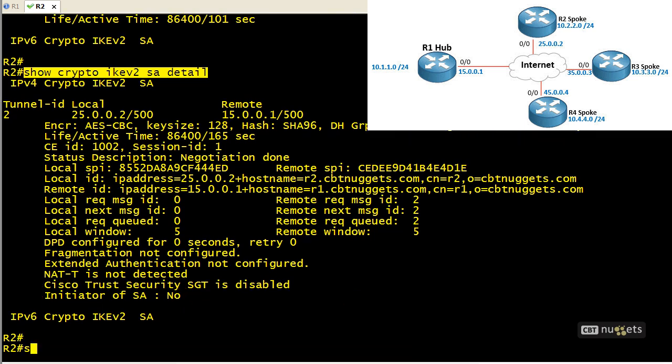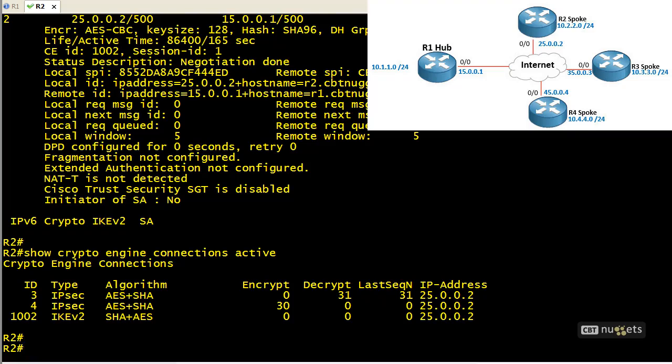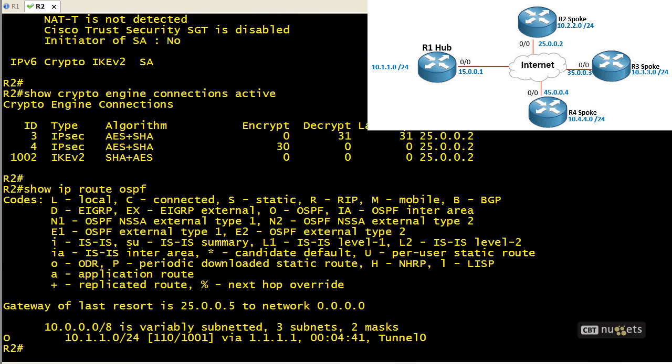Of course, we could issue the command show crypto engine connections active, and that'll show us the IKE version 2 and the children SAs, specifically the IPsec SAs. And I did notice that we had an OSPF neighborship that came up. If we do a show IP route for OSPF learned routes, we can see if we learned any routes via that neighborship. And it looks like we have. We can reach the 10.1.1 subnet, which is the network behind R1. And to verify reachability, we can do a ping to 10.1.1.1 and source it from 10.2.2.2 and verify that the